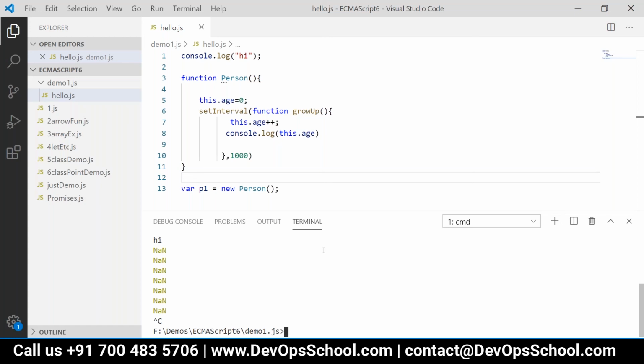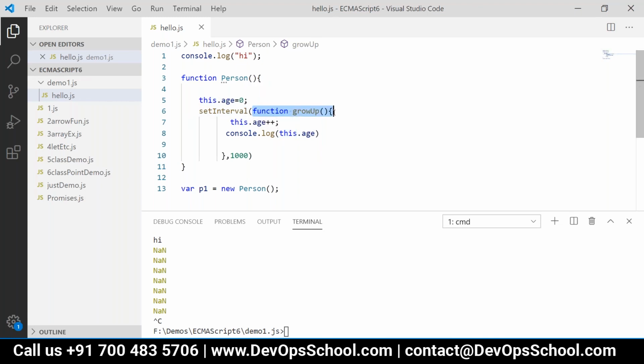Yes. The problem here is we are using this dot age, right? Now, this dot age here, is it the same as this dot age here? No. In JavaScript, every function inside the function has its own this. That is the scope of that function. This refers to that function, right? Now, this is an inner function, function grow up.